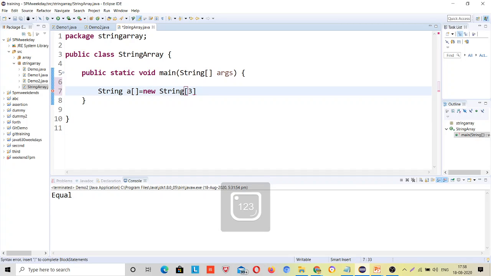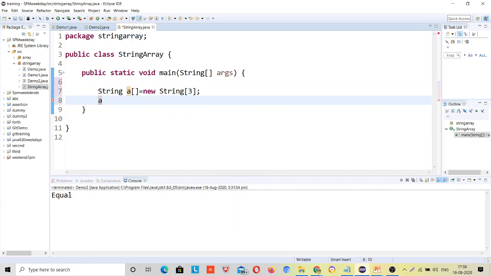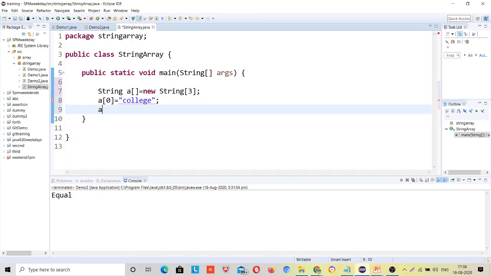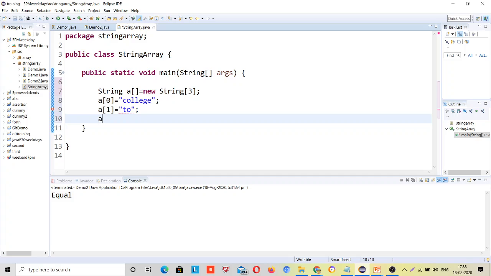Here I will assign a0 is equal to college, a1 is equal to college 2, a2 is equal to industry, right?